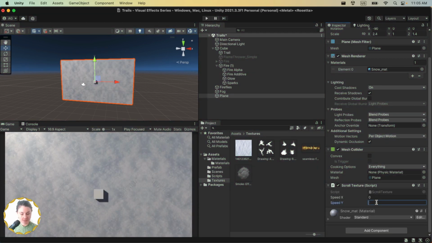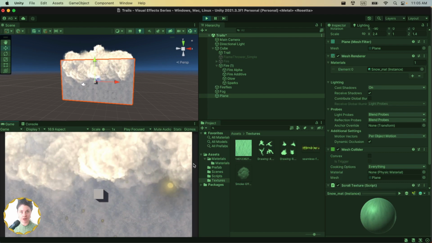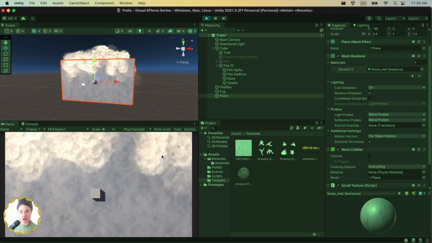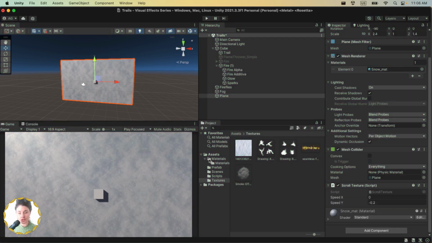Lastly, I'm actually going to set mine to negative 0.2 so it looks like it's actually going down. There we go. That's the effect that I'm looking for, like I'm running up this mountain if my character had a run animation or something. Okay, sweet. The last thing that we might want to take a look at is this texture's kind of flat,